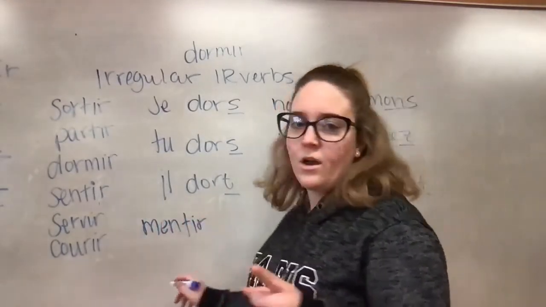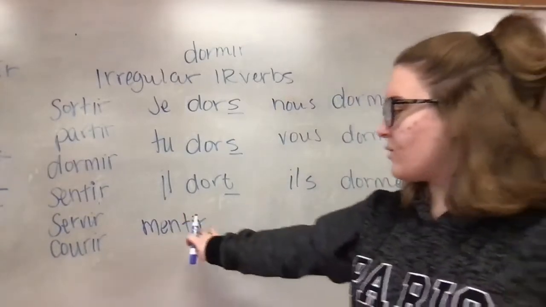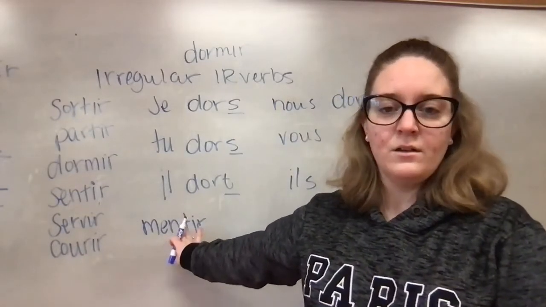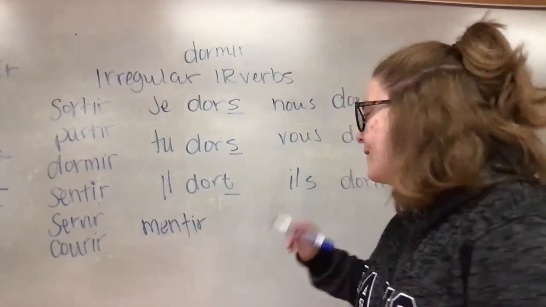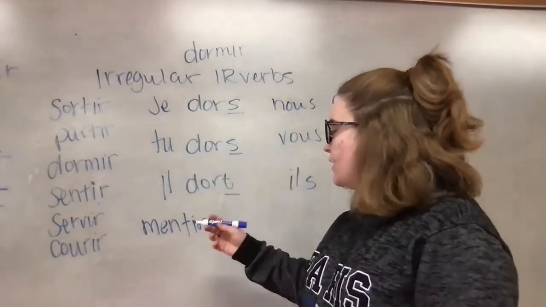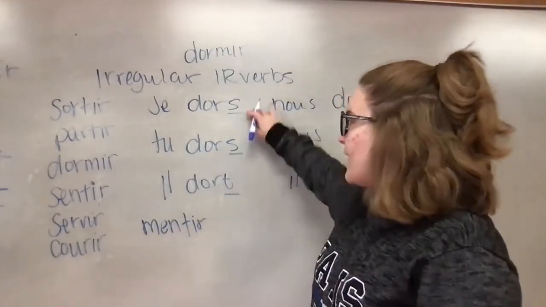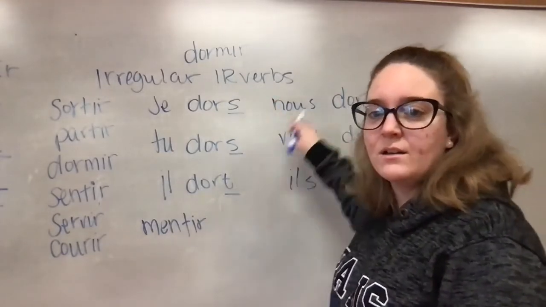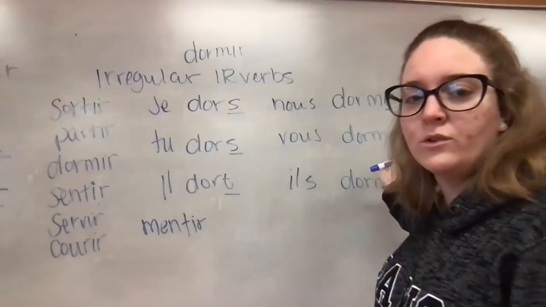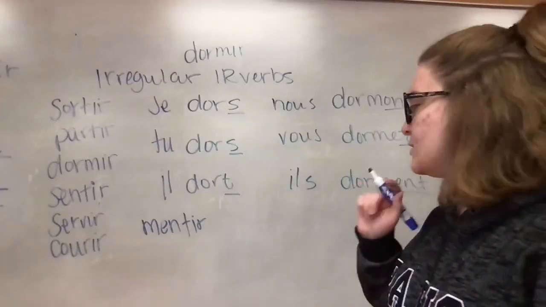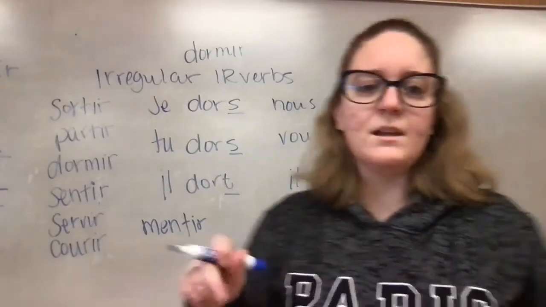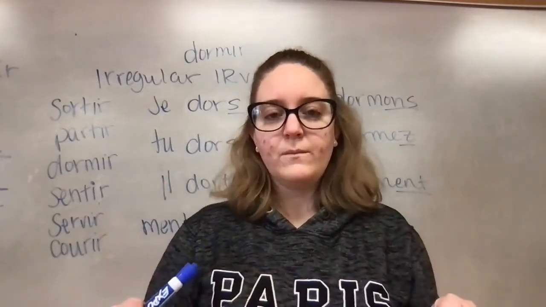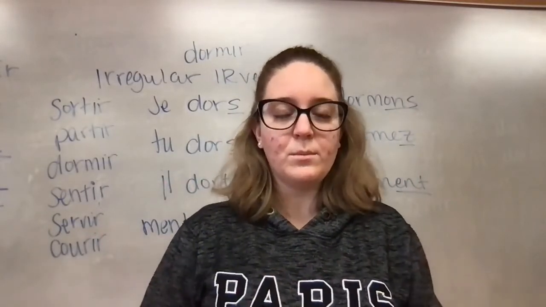All right. One thing, you might also see the verb mentir on your handout, and that one is another irregular one. It wasn't in your book, but it means to lie, like to tell a lie. So if you see this one, it follows the same pattern: mens with an S, mens with an S, ment with a T, mentons, mentez, mentent. All right, so just adding that right there at the end. And then the other handouts are dealing strictly with irregular IR verbs, so you guys should be really prepared for